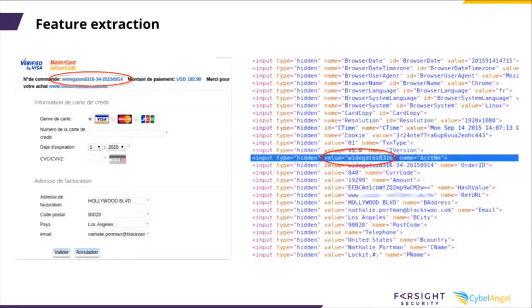And we follow the process, and we stop at the very end, just before the payment. So we do not go through the payment. We do not send money and buy illegal goods. We stop right before, and sometimes you can see, depending on the platform they use, this banking ID that is very useful for identifying the guys later. Here, there would be Whitegates A316.